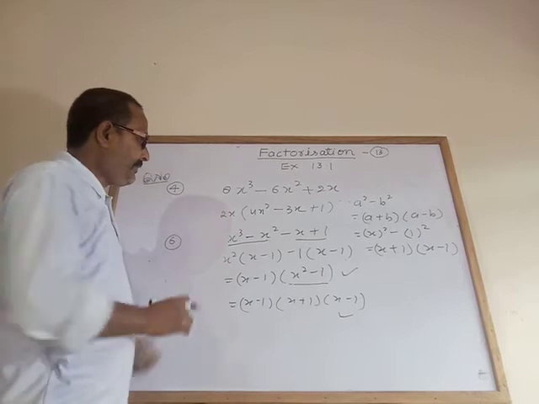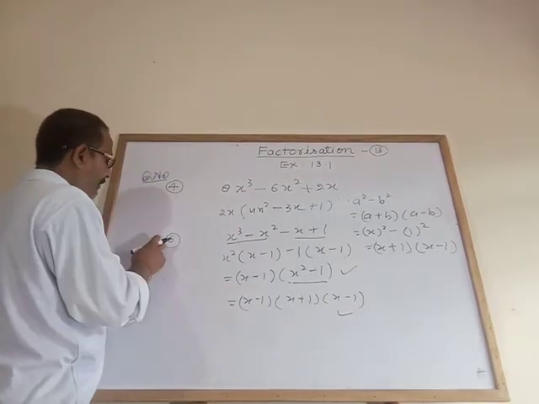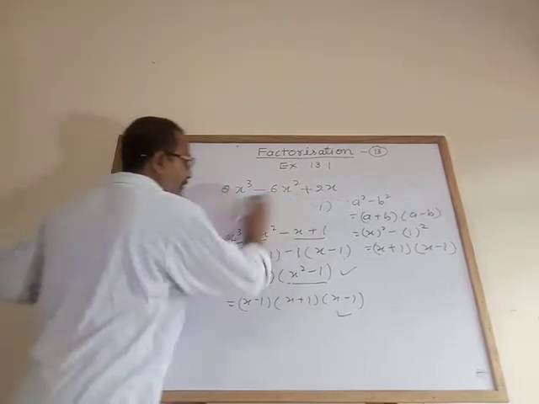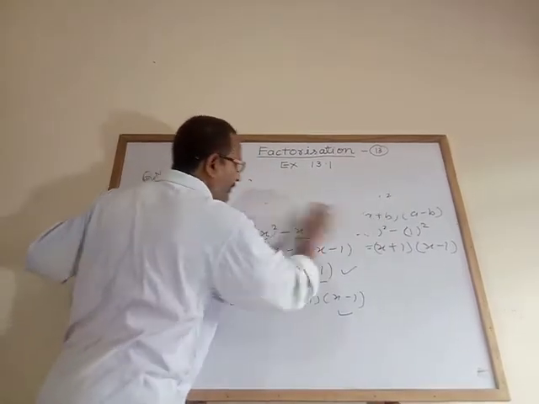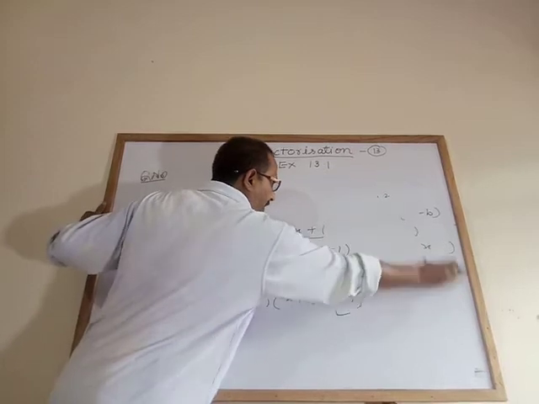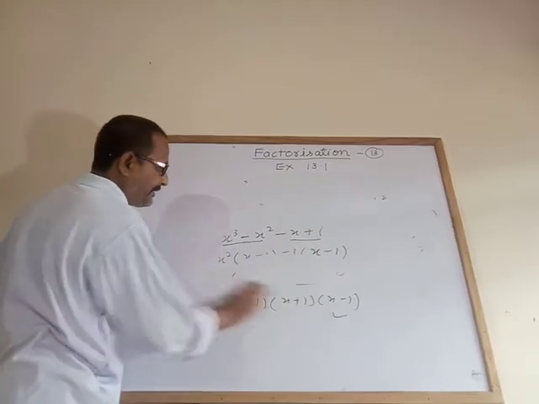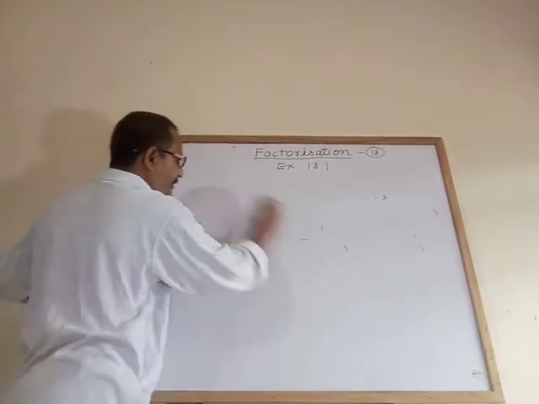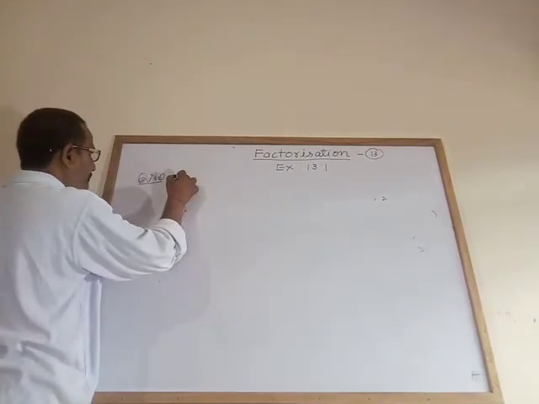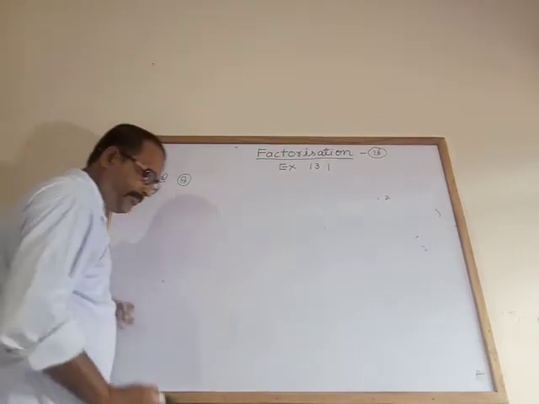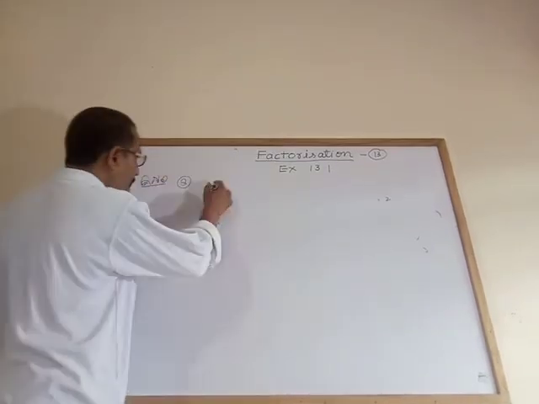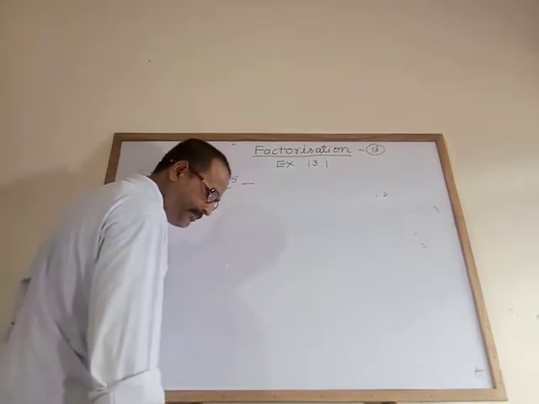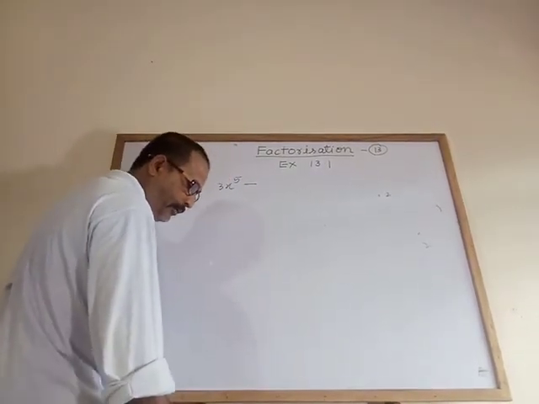Okay. Now question 4, 5, 4, 6, now 7 you have to do, 8 you can see that. And I have given already to solve the example, and I hope that you have done that one. Now question number 8 is given: 3x to the power 5 minus 48x.